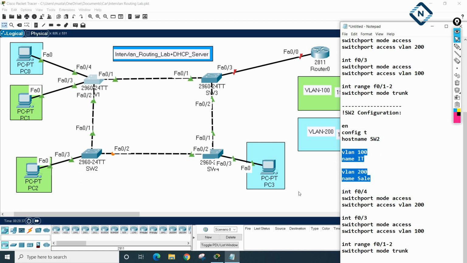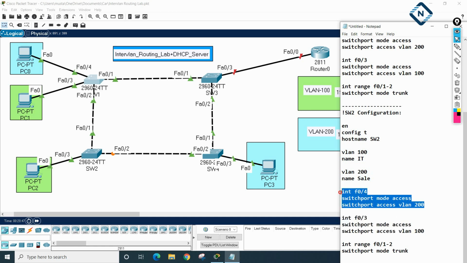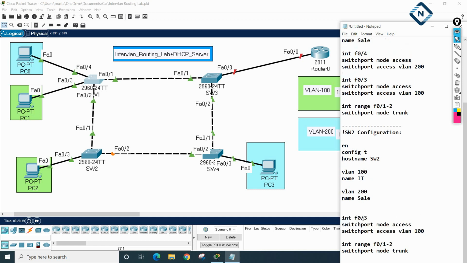Even if we have one PC, let me create both. And if you see FastEthernet 0/3 is in green, meaning VLAN 100. So I will write FastEthernet 0/3. This configuration remains the same. I will remove this one because we are not using it. So what we did, same configuration we copy-paste, and FastEthernet 0/3 is in VLAN 100. Green color means VLAN 100, that is IT. And after that I will say interface range F0/1 and F0/2 in the trunk, because I want to make these 2 interfaces a trunk. So configuration is ready here.